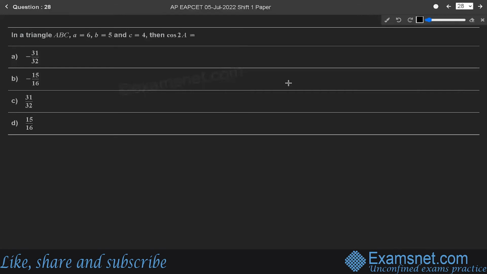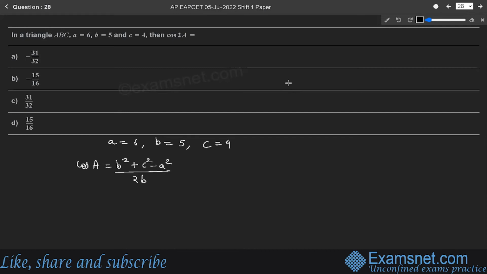Next question is, in a triangle ABC, A is equal to 6, B is equal to 5 and C is equal to 4. Then cos 2A is equal to. We have to find cos 2A. So first let us calculate the value for cos A. We know that in a triangle by cosine rule, cos A is equal to B square plus C square minus A square